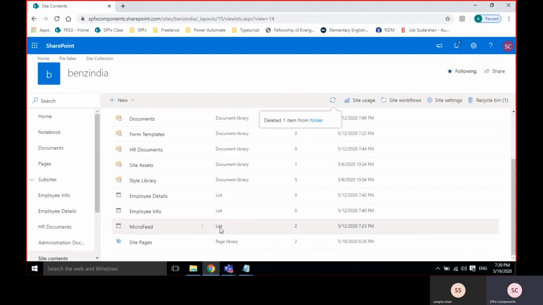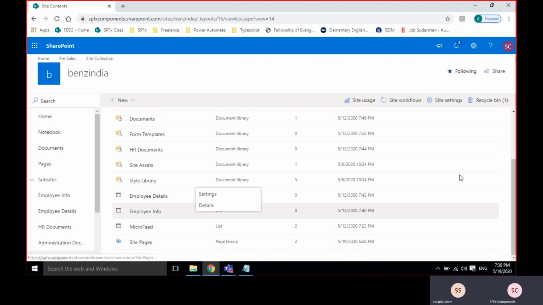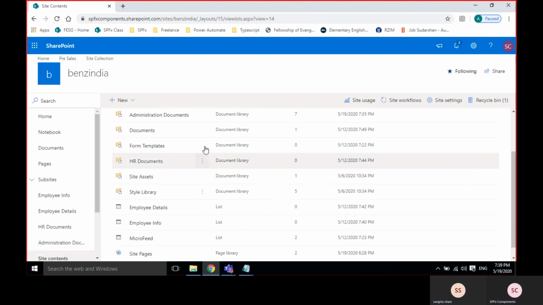I just deleted it. Can you see now? After microfeed, you're not able to see? No.